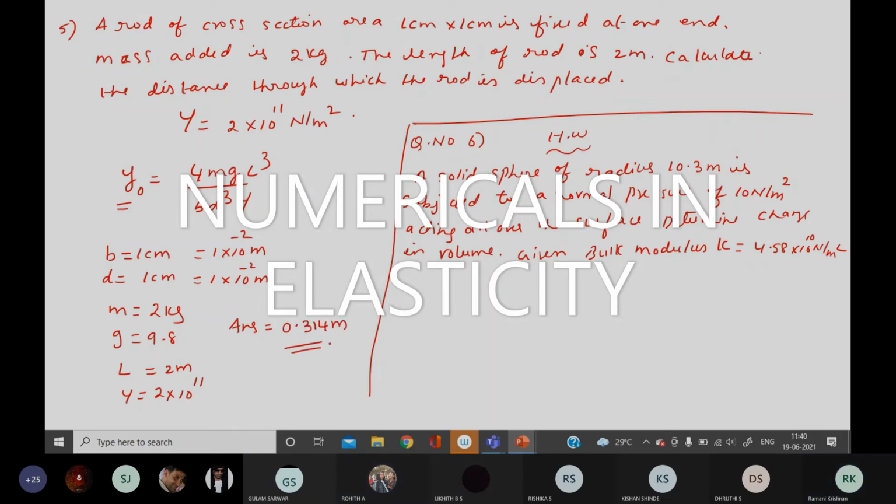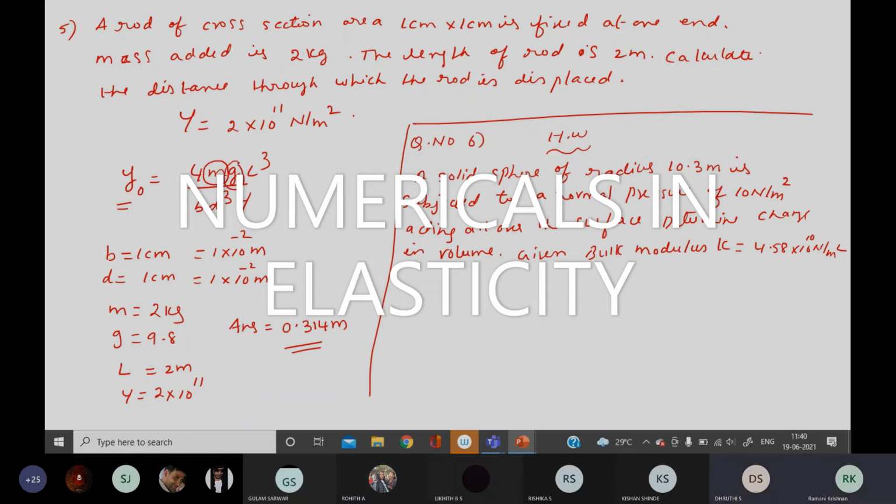Others have to tell. Ma'am, tension is 2 kg. Why do you consider mg, ma'am, not tension? Not tension, mass. M is only 2 kg. Then we have to consider only mass, ma'am? Because you have taken mg. No. Here for M I should add 2 kg. For G I have to add 9.8.